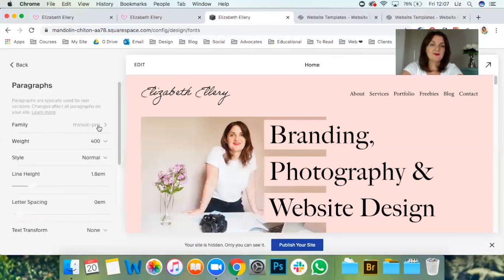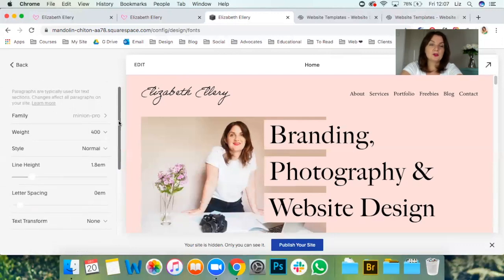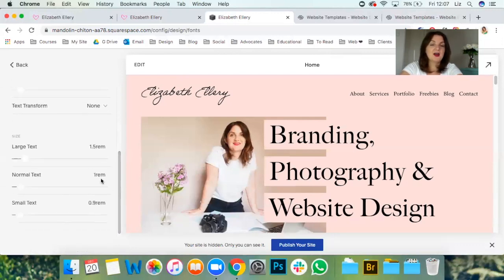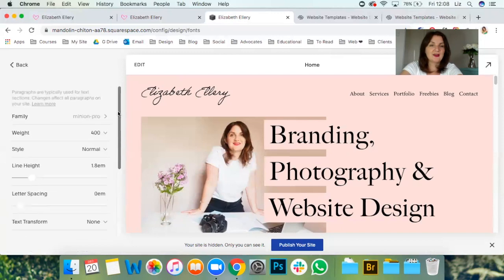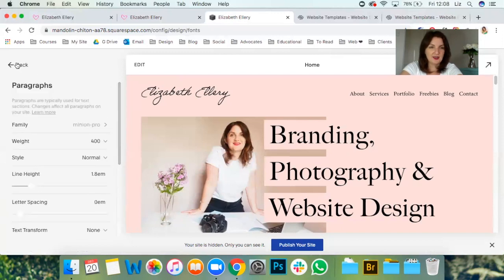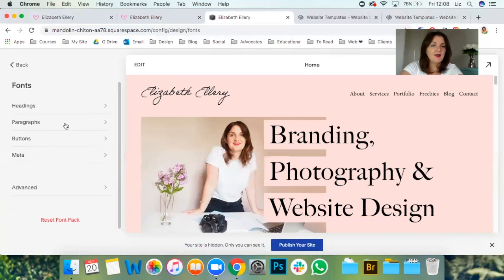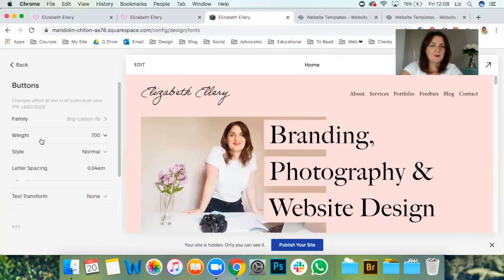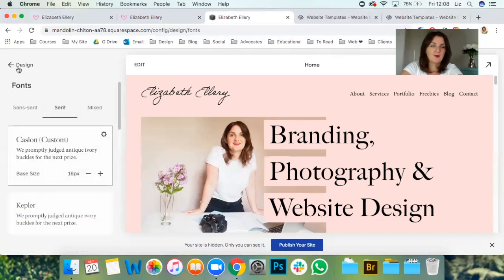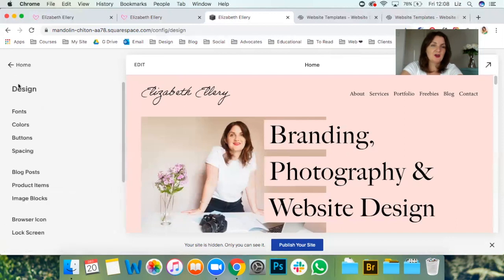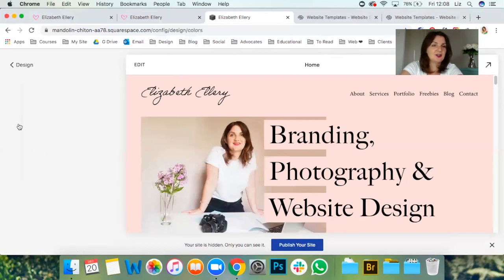And then paragraphs. In the past, we've just had one normal paragraph, and here you can have 3 different types: normal, large, and small, which is amazing. That's one of the features I really like about this new site. And then you can also change the button here and the weight and the size. So I'm happy with mine. And I'm now going to show you possibly, yeah, I think it's up there as my favorite feature